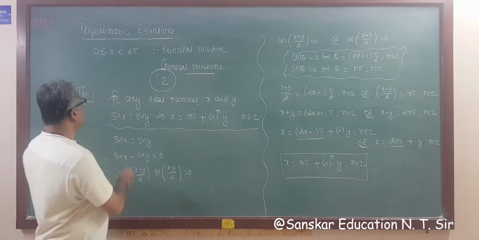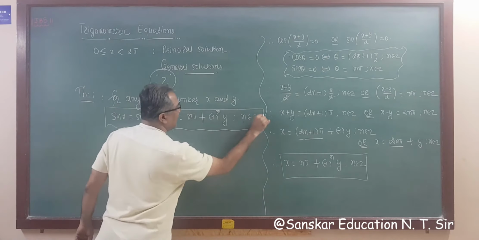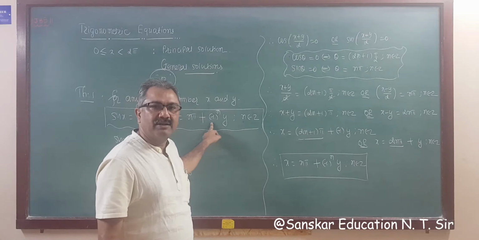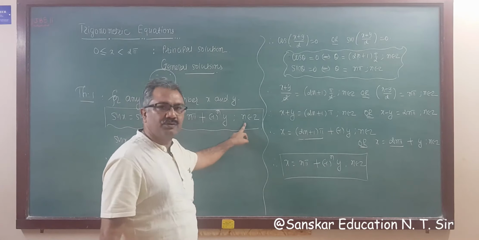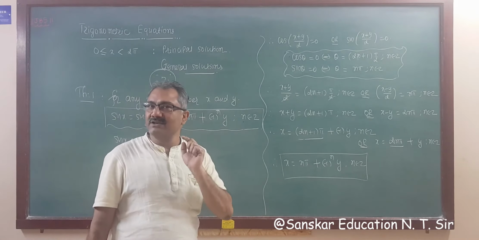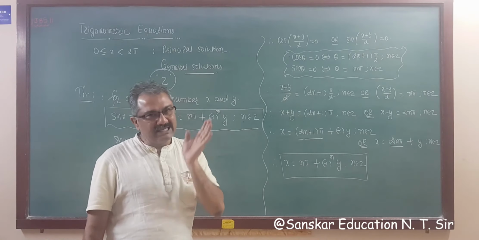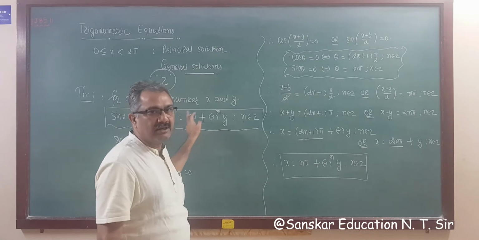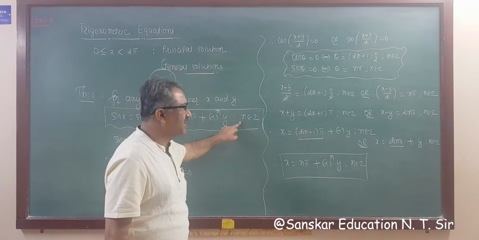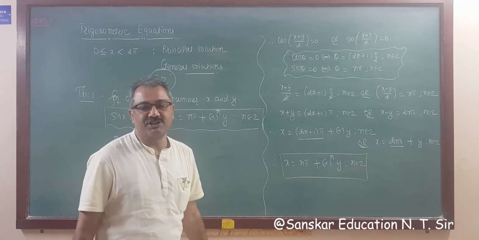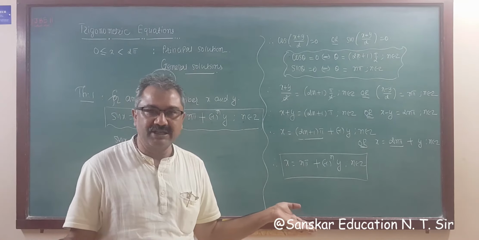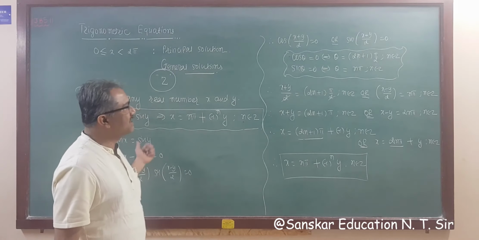So the solution of sin x is equal to sin y is x is equal to n pi plus minus 1 to n into y, that you have to remember, where n belongs to Z. This is always a required condition, n belongs to Z, because if n belongs to capital N, that is the set of natural numbers, then this solution doesn't satisfy the given condition. So you have to write n belongs to Z, because this is for any integer, not only positive integers, it may be negative integers also, right? So this is the solution.